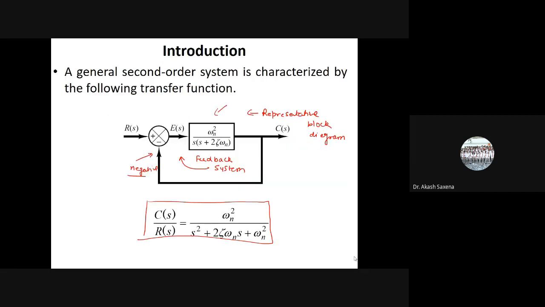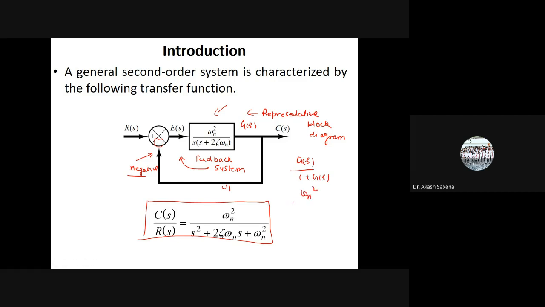Now a second order general system can be referred to when it is subjected to a feedback system, which over here is a negative feedback system. If you find this value is negative, you can say it is negative feedback. This is the input to the system, this is the plant model, and this is the output. So when I compare C(s)/R(s), it is omega n square upon s square plus 2 zeta omega n s. Suppose this is G(s) and this is 1, so the closed loop transfer function is G(s) upon 1 plus G(s). That's why this G(s) is appearing.